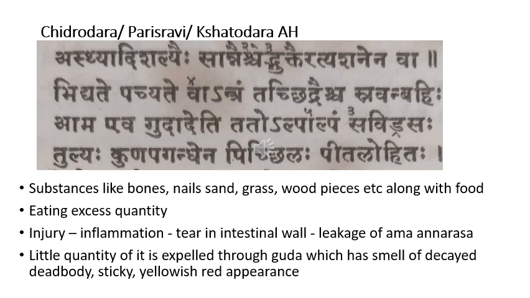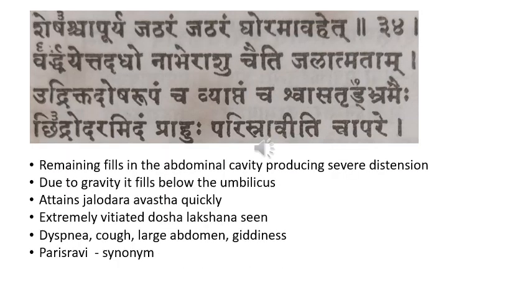Ama eva gudadedi. A little bit of the quantity of this flows out through the guda pradesha. Tato alpa alpam, little bit. Savitrasa, this suppurative fluid flows out along with the guda as vitrasa. And it has a smell similar to a decayed dead body, that is kunapagandha, and it is pichchila, sticky, and pitalohita, yellowish in appearance. So a little bit of it flows through the guda as vitrasa, and the remainder leaks out